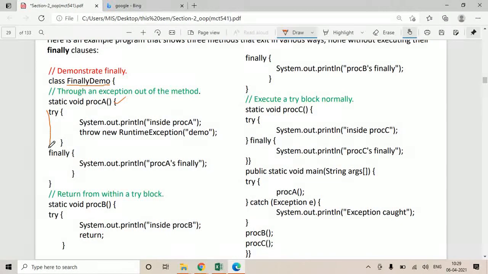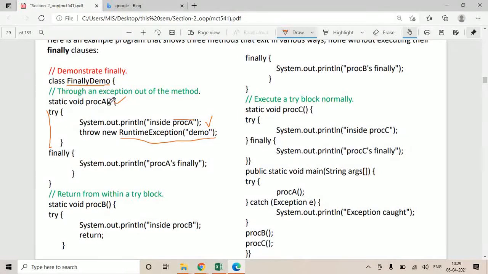Inside that procA function we have written this try. Inside try we have written System.out.println this inside procA. Whenever this procA function gets called, you will see this message on the screen, and this procA function gives a call to throw new RuntimeException with some message demo.